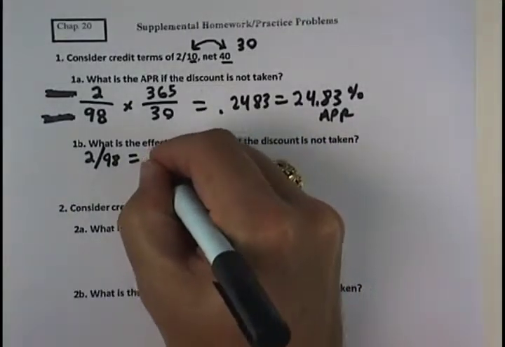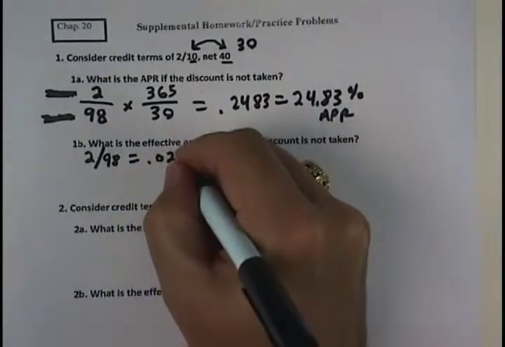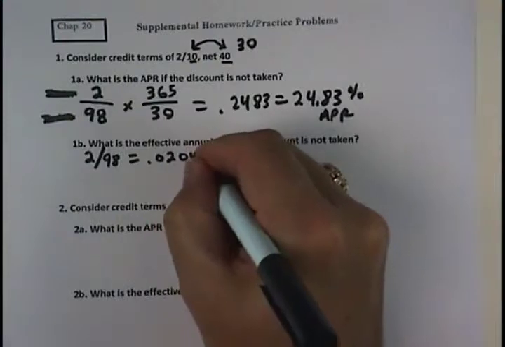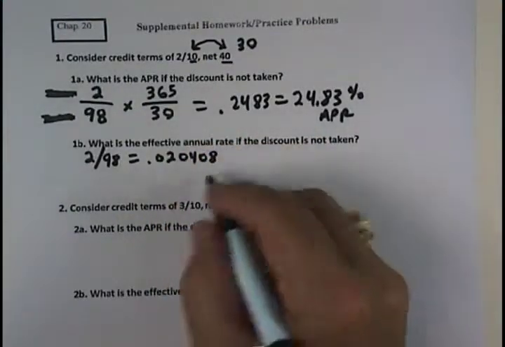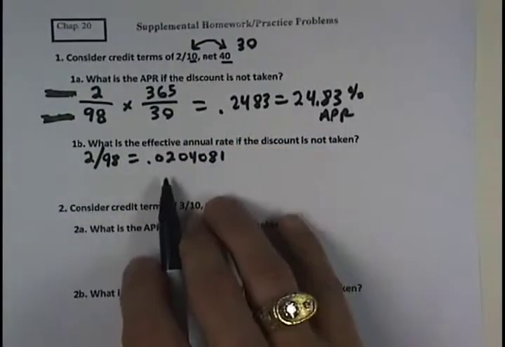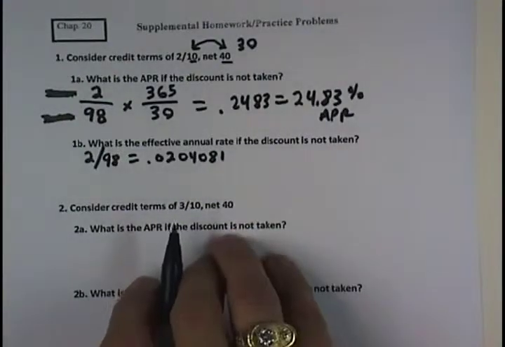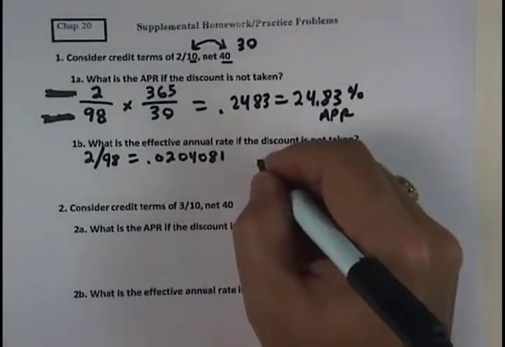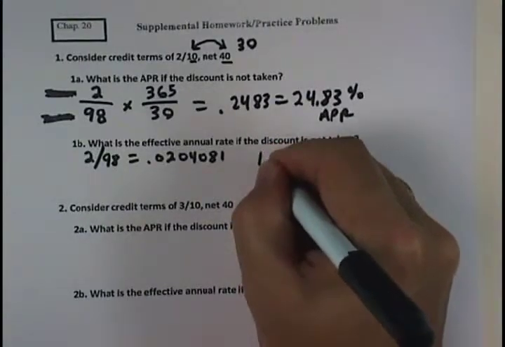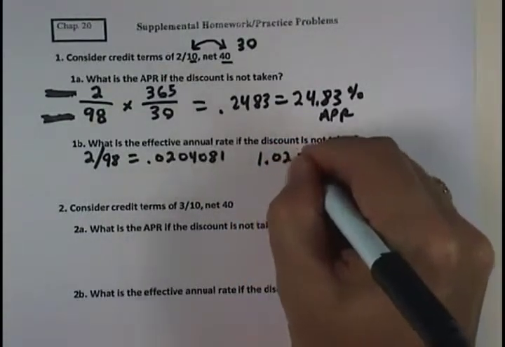So each 30-day period, you would incur a little over 2% interest, 0.0204081632, and so on. To calculate the effective rate, I'll take 1 plus that periodic rate,